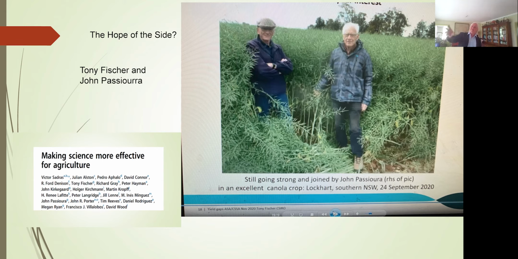But equally important, a new paper just out, Making Science More Effective, by a host of fantastic scientists, the ones I know there: Julian Alston, economist, David Connor, a colleague from School of Ag, Tony Fisher, School of Ag, Richard Gray, fantastic economist, Peter Hayman, terrific ag economist, John Kirkegaard, some great scientists there, John Passioura, Tony Fisher, and Tim Reeves. They've made some really good points, many of which intersected with my own thinking, and that's in Advances in Agronomy,